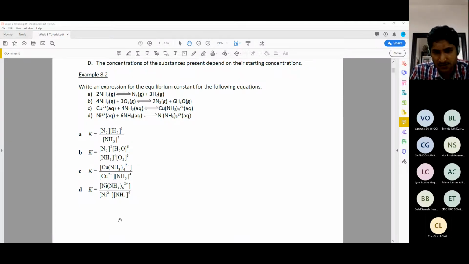So what is the other important criteria? First of all, there should be a reaction going on. Second criteria is that it should be a both-way reaction. That means there should be a forward arrow and a backward arrow, meaning two reactions are going at the same time. Ammonia is being dissociated to nitrogen and hydrogen, and nitrogen and hydrogen are being combined to produce ammonia